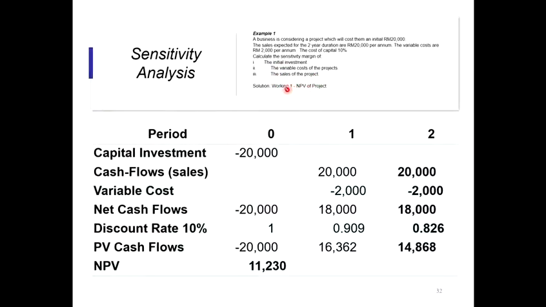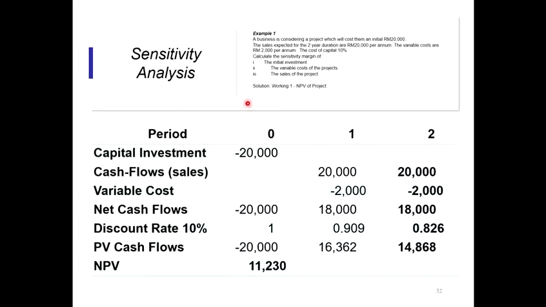Okay, so now kita nak buat step 1. Calculate the NPV of the project. So kita akan letak dulu period. Kita ada 0 year, 1 year and 2 years. Okay, sebab dia bagi sampai 2 tahun kan. Okay, so pada tahun yang 0 years ni kita hanya ada initial cost lah, iaitu 20,000. So capital investment ataupun nak tulis initial cost pun boleh. Tulis je negatif lah sebab dia kita cash outflow. So negative 20,000. And then you akan letakkan cash flow, iaitu sales lah.